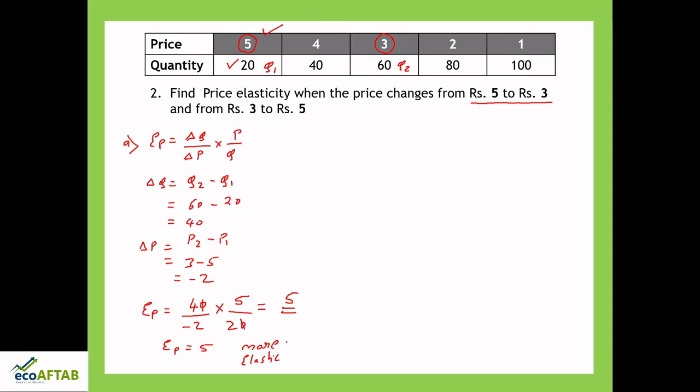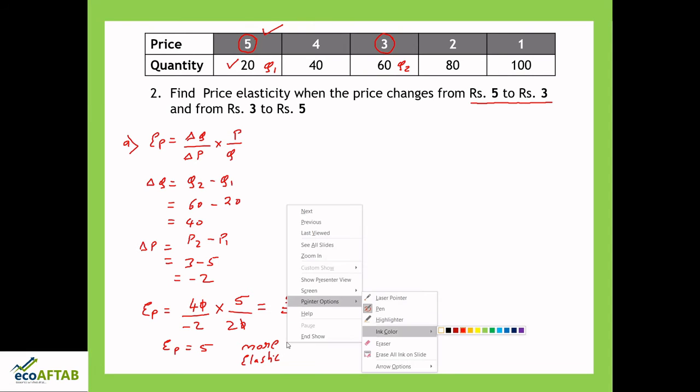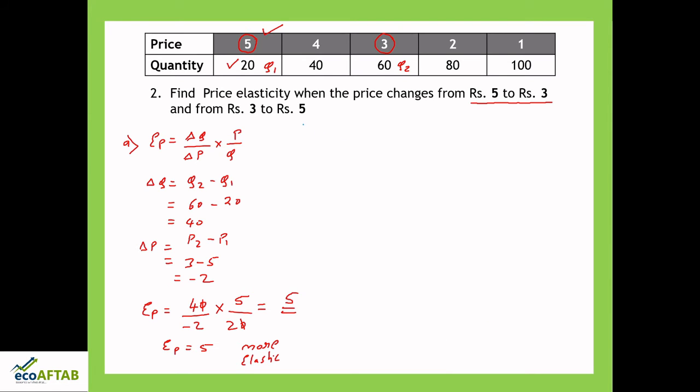Now, we shall see what will happen when we reverse the thing. Now, we will see if we are moving in the opposite direction, that is the second situation B. This is the very interesting part. Now, we will see if this is P1 and this is P2, the reverse of what we solved, then what will happen? So, again I will write the formula. Elasticity of demand is equal to delta Q by delta P into P by Q.